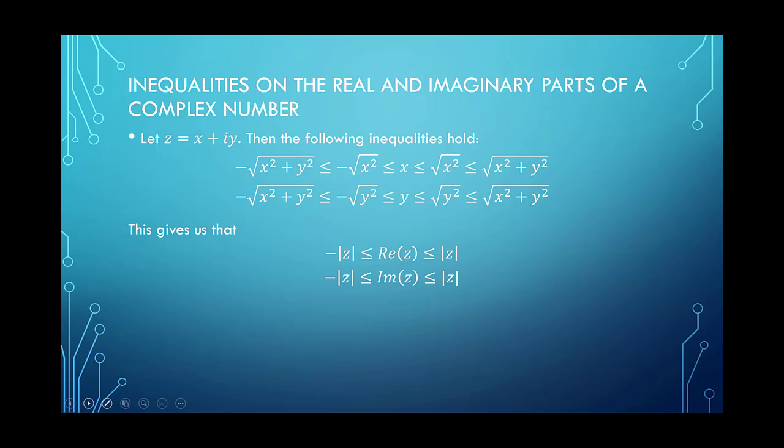So we're going to start with some inequalities that aren't really too hard to see why they're true. And these inequalities are going to give us bounds on our real and imaginary parts. So let z be any complex number, so x plus iy. Remember, x is what we call the real part, and then y is called the imaginary part. Okay. So given a complex number, then the following inequalities hold. I'm going to walk you through the first one. The second one is pretty much exactly the same. So let's see how we get this first one.